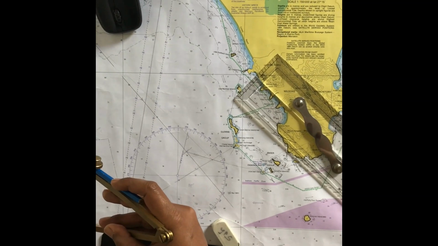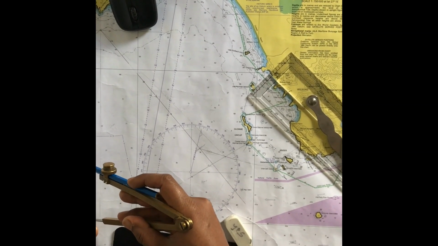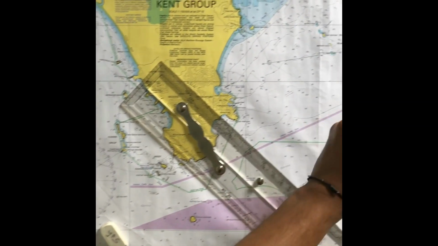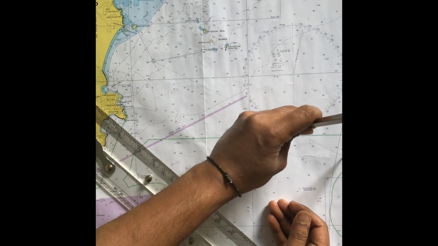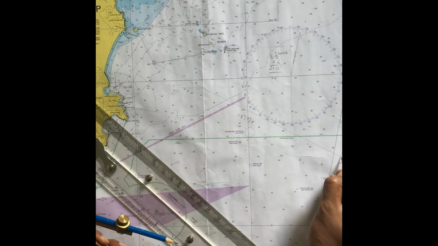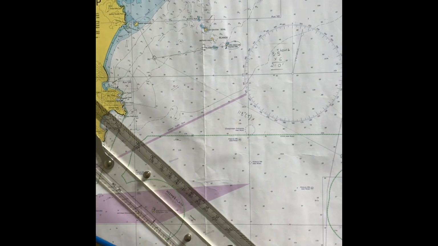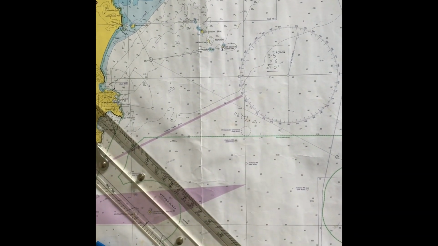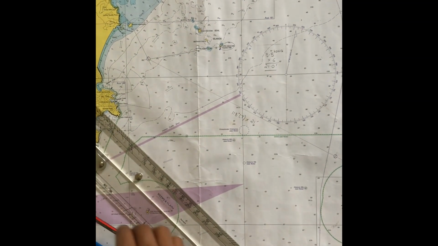So what I'll do is I'll come to the edge of the chart here, and I will measure 6 miles from the chart. All right, so I'll go 6 miles more from my chart, and that will give me 21 miles in total, right? So this becomes the distance up to which I have traveled, 21 nautical miles. So this is 118 degrees true multiplied by 21 nautical miles. That is the distance I have traveled in 3.5 hours. All right, so that is now the final part of the question.